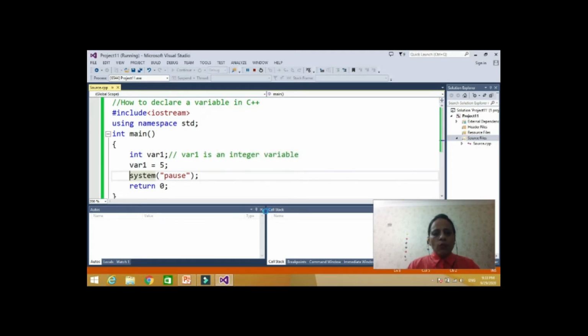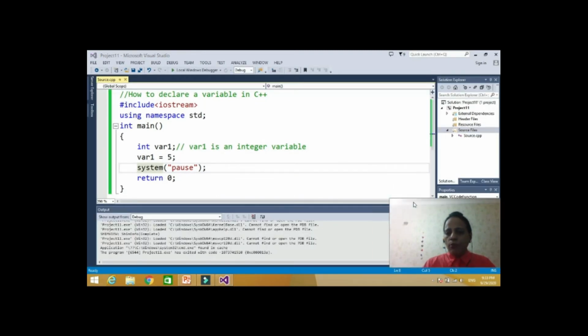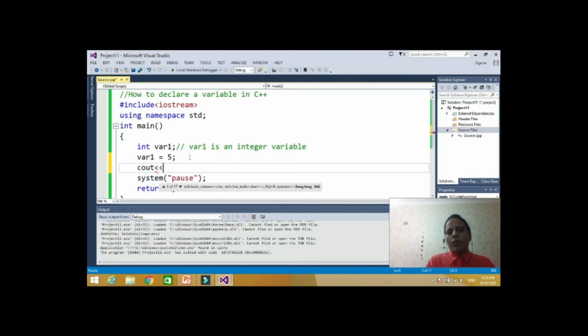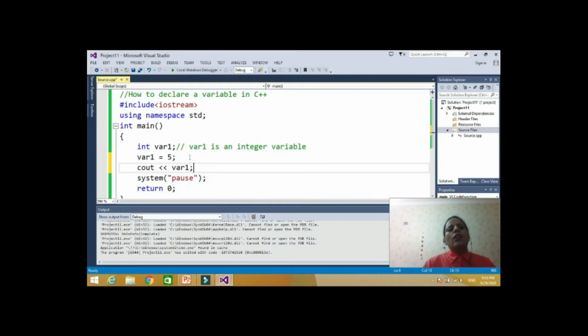Now let's suppose you want to print the value of this variable var1. So what we will do? cout, stream insertion operator, and then var1. See the difference.